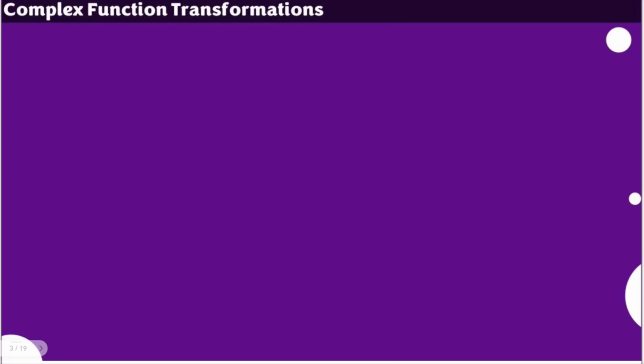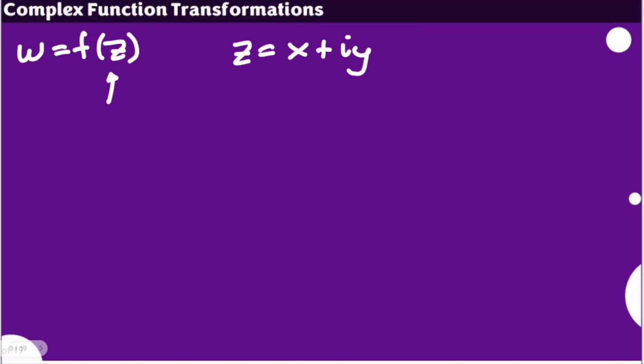In connection to the idea of a function, we know that for every function, let's say, as mentioned, w is equal to f of z, the value of w will be dependent on whatever z we plug in here. That would mean that if our z is expressed as x plus iy, the function can be expressed using this expression, and later on the function will be transformed into another form.